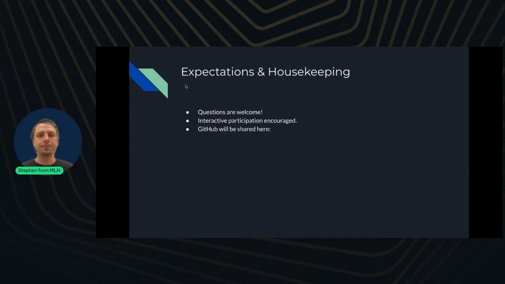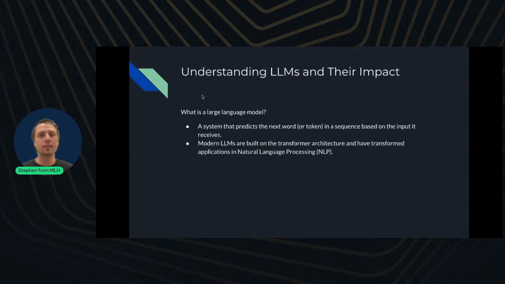Great. So first, we're going to set the context and just understand what are LLMs. So they are a system that predicts the next word, or specifically the next token, in a sequence-based model based on the input that is received. And what does that mean? So for example, if I said to you, hello, how are, and the last word, you can be pretty sure it would be you. And you use context to get that. And the LLM is just always looking for that next word and what is the most likely next word.